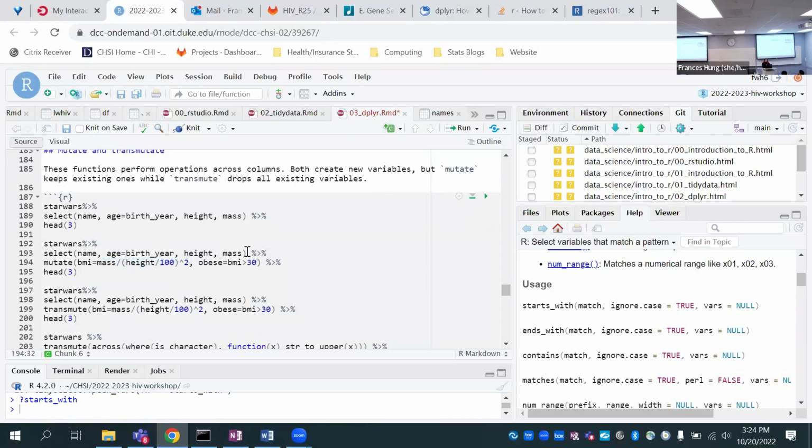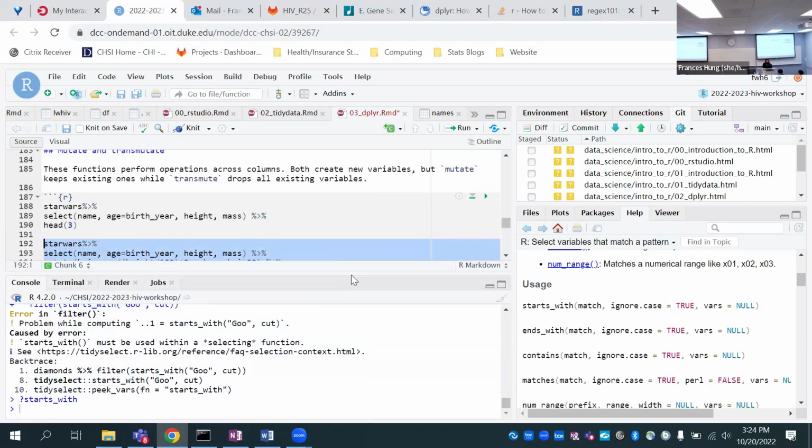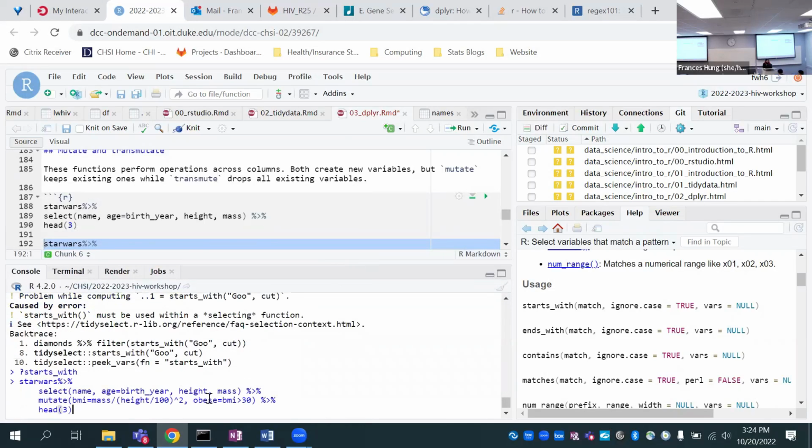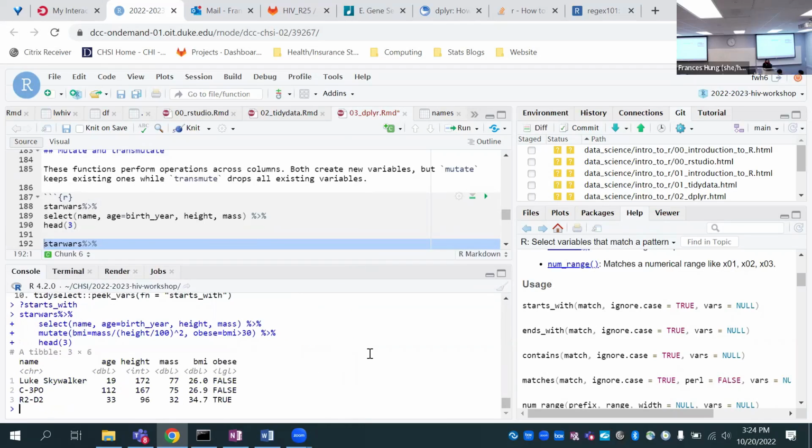And we can see if they are obese by looking for people with BMI over 30. So let's just run this and see whether our first three characters are obese or not. Okay, so Luke and C3PO are pretty good, but R2D2 has a very high BMI.